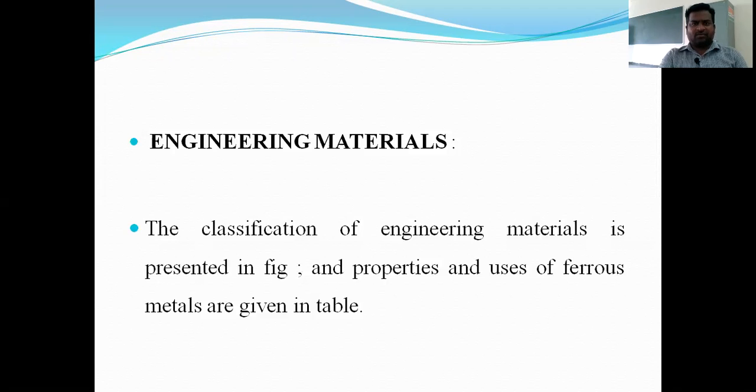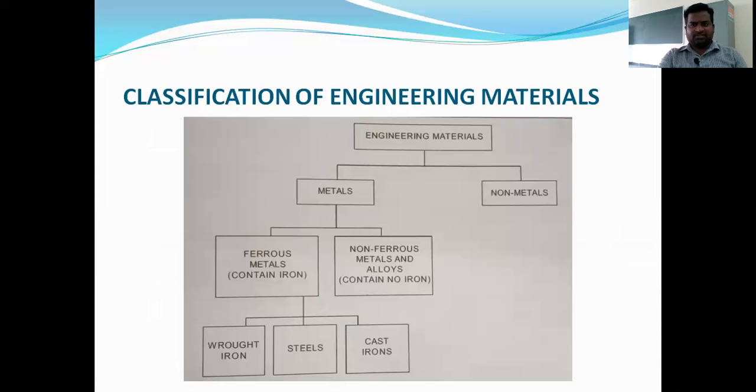So far we have completed the mechanical properties of the materials, right? Now coming to the engineering materials, we know already these topics, right? So the classification of engineering materials is presented in the next figure, and the properties and uses of ferrous metals are given in this table diagram. We know this diagram very well. Engineering materials,